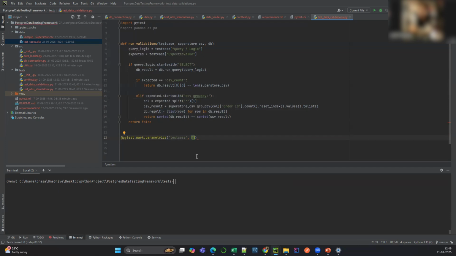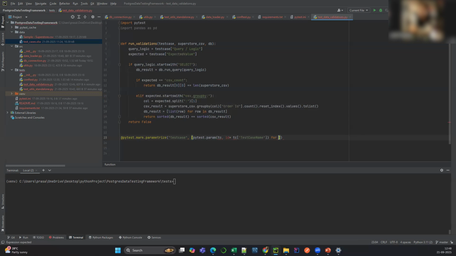Okay, so the values we will be passing is via pytest dot param, and then we will do it as tc comma. So this is nothing but we are doing an iteration. This is list comprehension basically. That is what we are doing. I'll explain what this particular query is doing. So for now we are putting these two values, but the end is how we are taking it is for